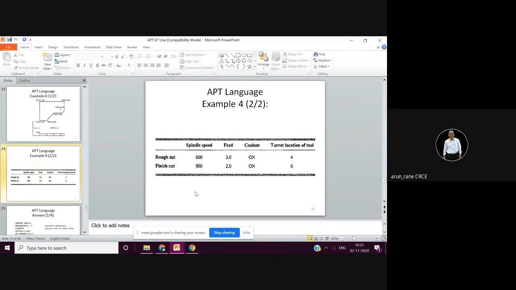Then the spindle speed, that is RPM, you need to calculate based on the cutting speed. What cutting speed you have taken and what the diameter of the tool is. Based on that you calculate your spindle speed and write it down. Then you write down feed either in millimeter per revolution or millimeter per minute.